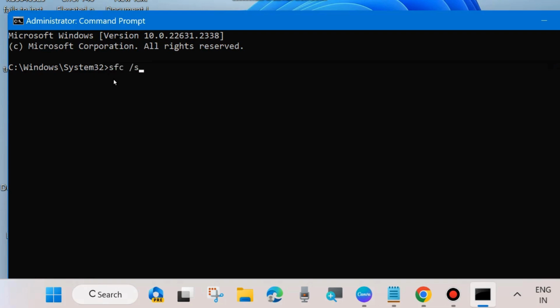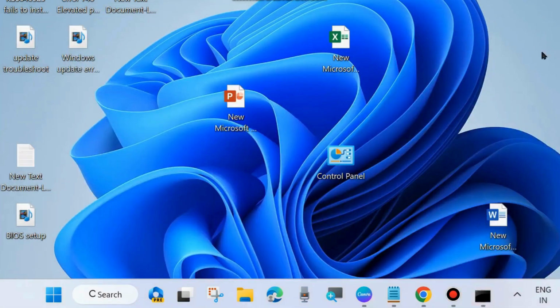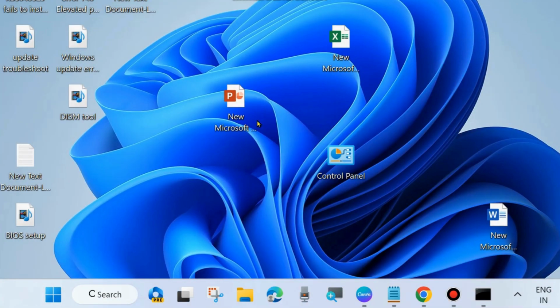And after that, execute the command sfc /scannow and press enter and wait till 100% verification completes. It will scan your system for any corrupted or bad system files and repair them accordingly. After that, don't forget to restart your system and check whether your Windows update is installing or not. If not, go to the next fixes, right click on the start button